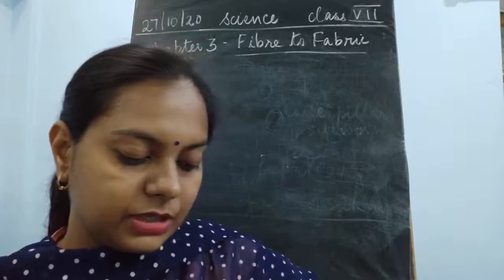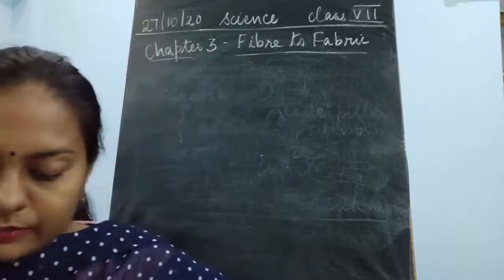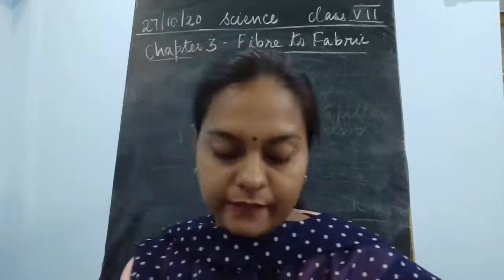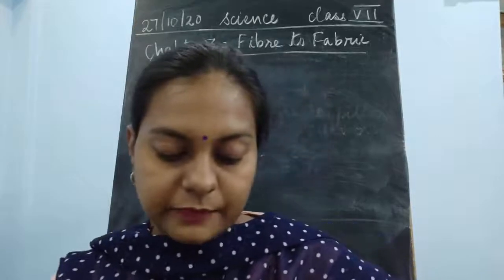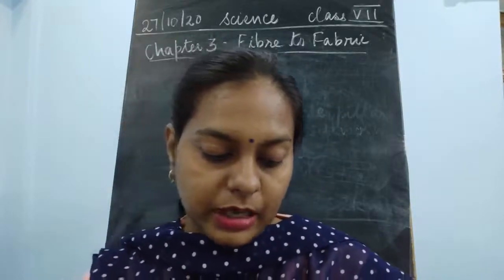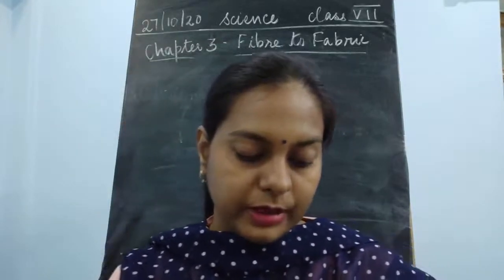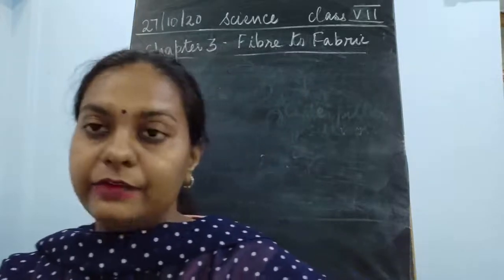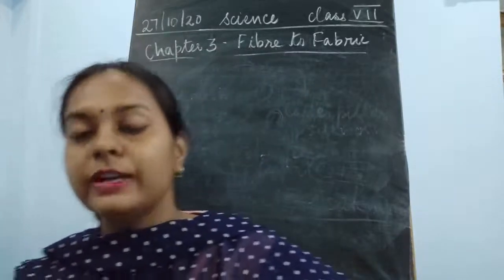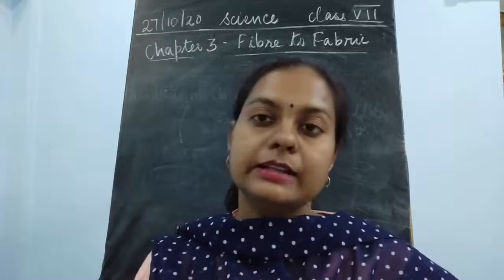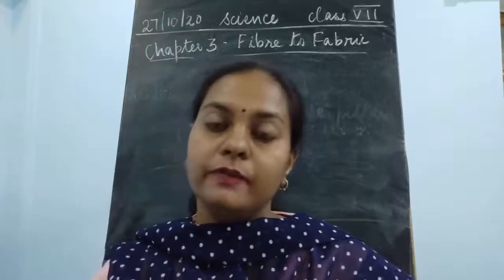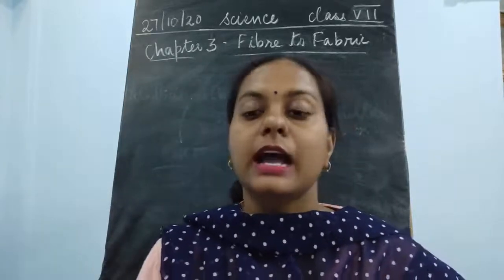Next is activity number 3.6. Take an artificial silk thread and a pure silk thread. Burn these threads carefully. Do you notice any difference in the smell while burning? Now burn a wool fiber carefully. Did you smell it also with artificial silk? So we have to see this by burning the various threads of artificial silk, natural silk, as well as